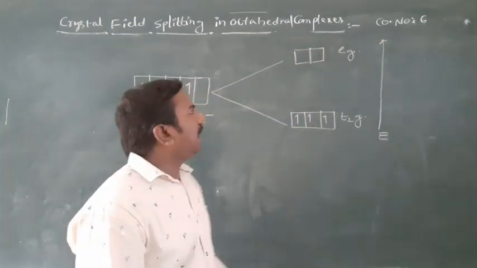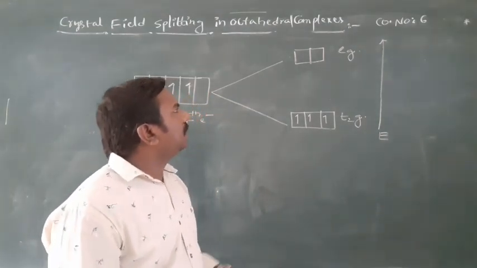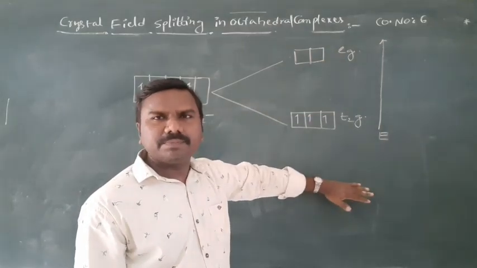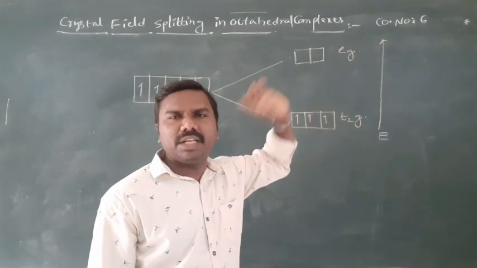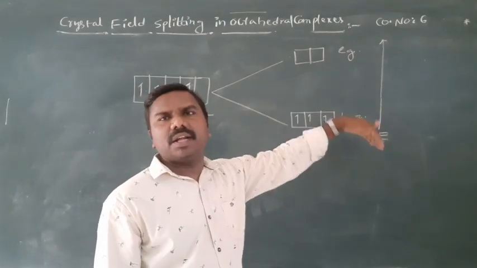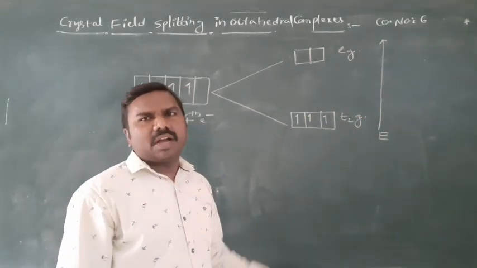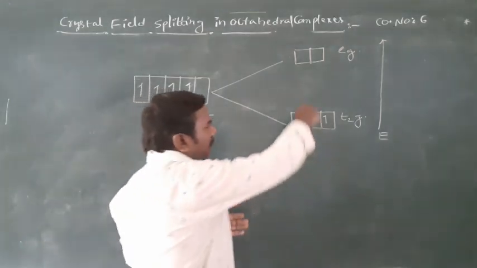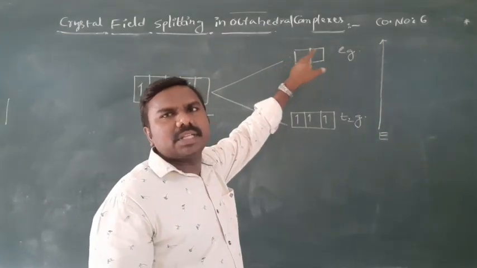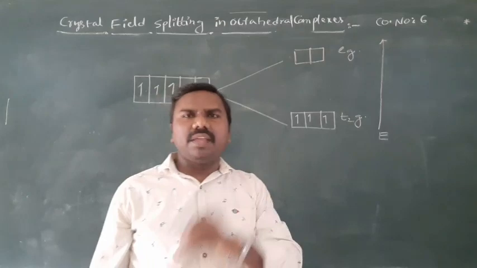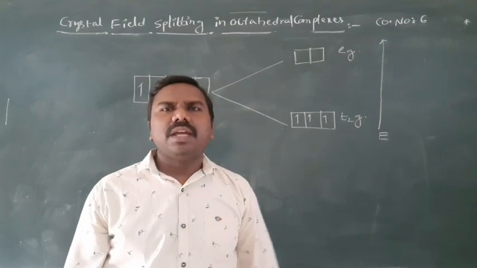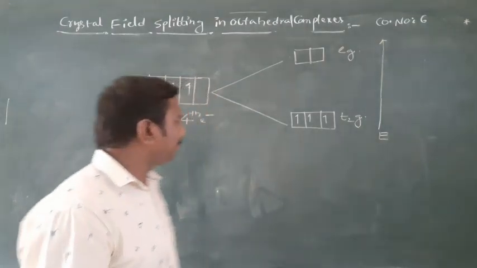Confusion again. Next one, Hund's rule as per that. So you need to fill pairing, especially pairing. Aufbau means lower. Pauli's means a single electron must be occupied in each and every orbital. Hund's means pairing will start after singly occupied orbitals. Confusion is there. Should the fourth be paired in t2g or enter into eg? So there is a confusion. To overcome this difficulty, two options are there. One is the splitting energy, another one is the pairing energy.